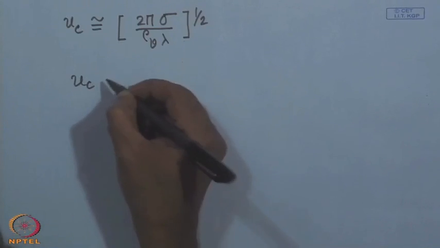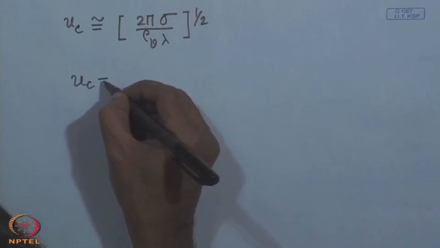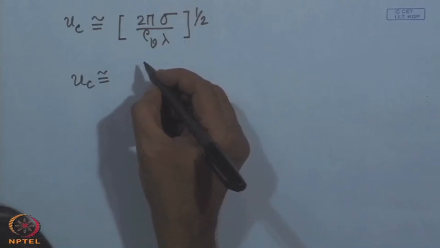Again, one can make an assumption that the vapor velocity is much higher compared to the liquid velocity. So, from physical estimation, UC can be approximated as